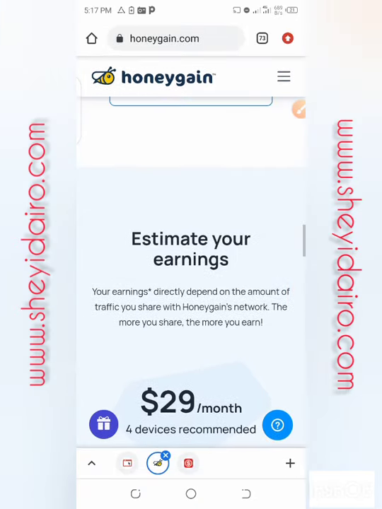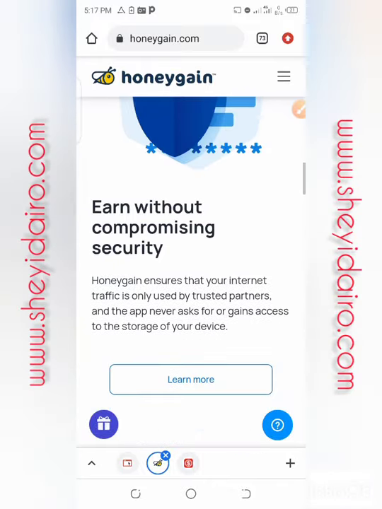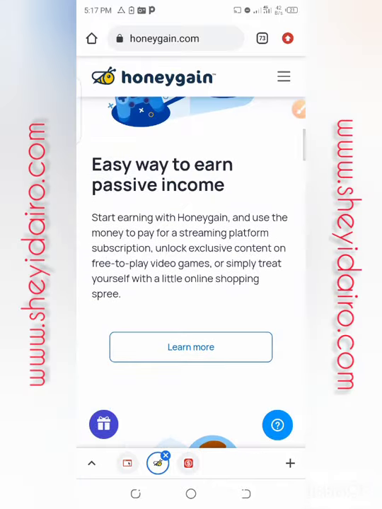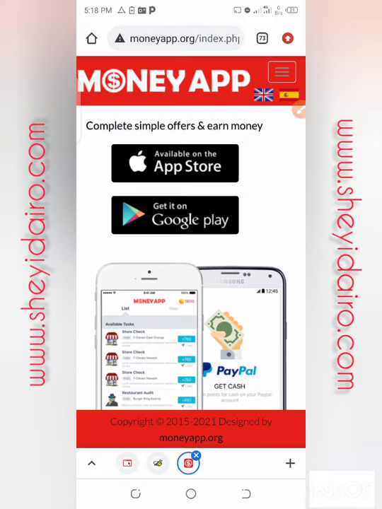So it's just your private. They just need the kind of data they will collect from you. You have to get this one on your phone, and you will make your money. You can read further about this also to have full understanding of it, but you can make your money from this site. It's a legit way of making money. The third one now, very simple.